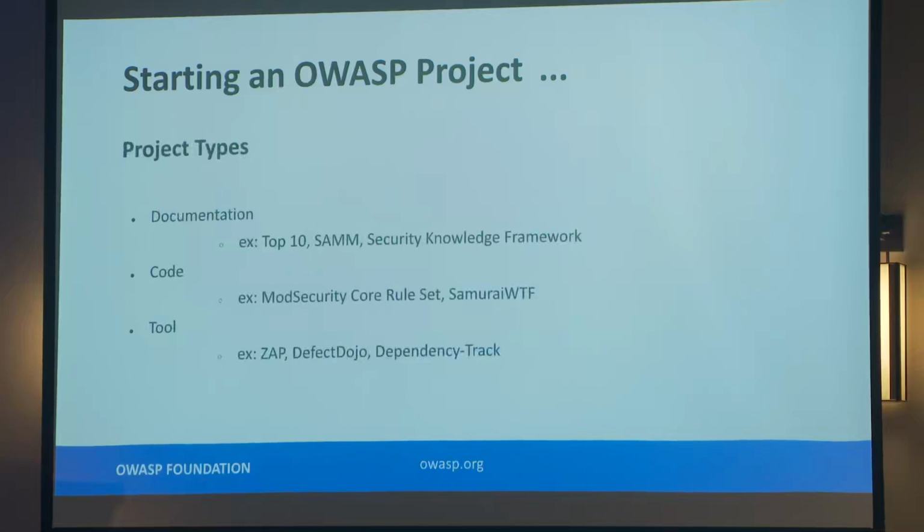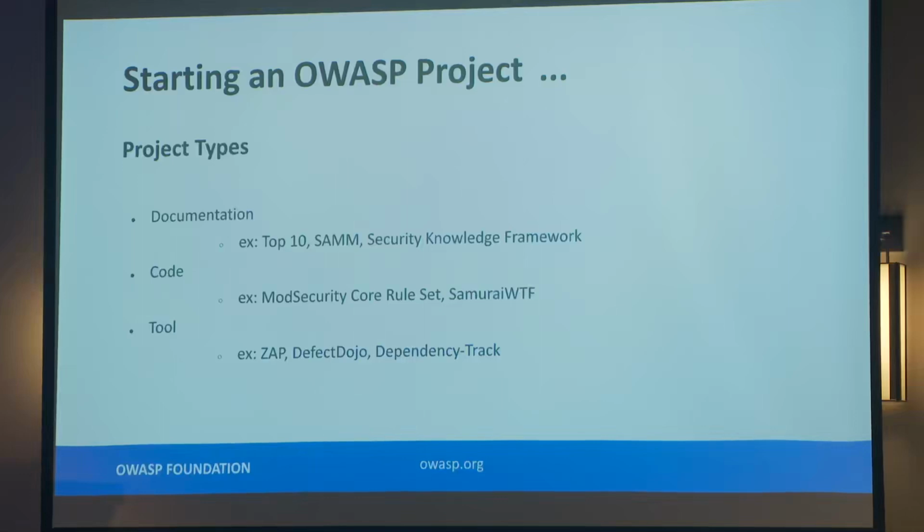All right, briefly let's go over the project types. Currently there are 3 types of projects at OWASP. If you can come up with any other types, if you have a good argument for that, feel free to put that in the text description area. But we have the documentation project. Any of these projects could contain pieces of other ones. This is just the top level designation for the project. So documentation is like the Top 10, SAMM, there's our acronym, but they have an actual name, right? Security Knowledge Framework, all of these are documentation projects.